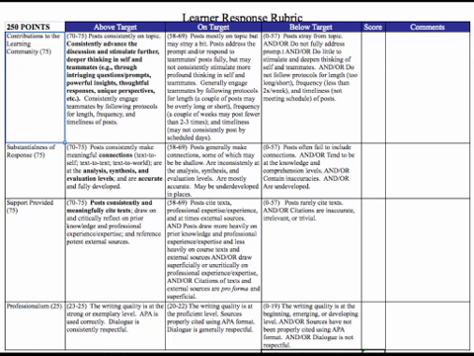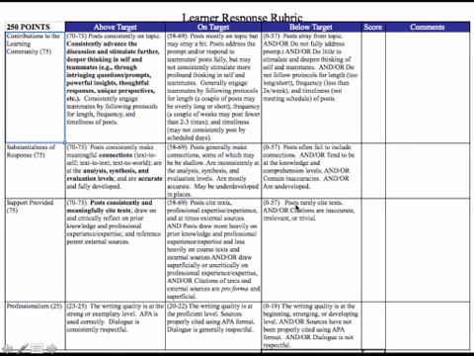Here is the rubric that I will use to be evaluating learner responses. It's worth 250 points total. That's throughout the duration of the course. You see the various criteria that I use to evaluate learner responses. Those include contributions to the learning community, substantialness of a response, support provided, and professionalism. And you can see that not all of these components are of equal weight. The first three are all worth 75 points, and professionalism, which has to do with writing quality and respectful dialogue, is worth 25 points.